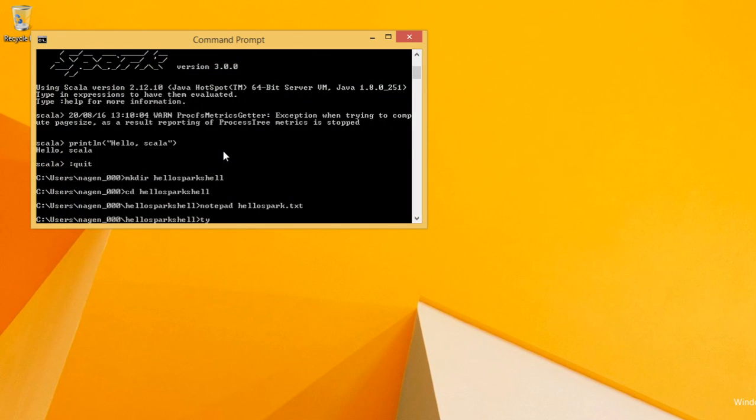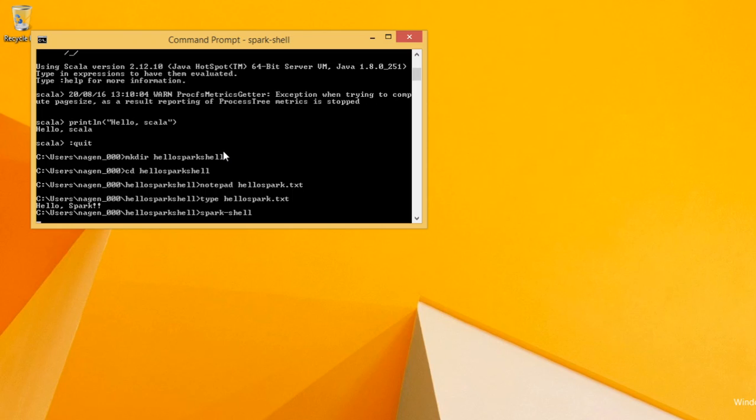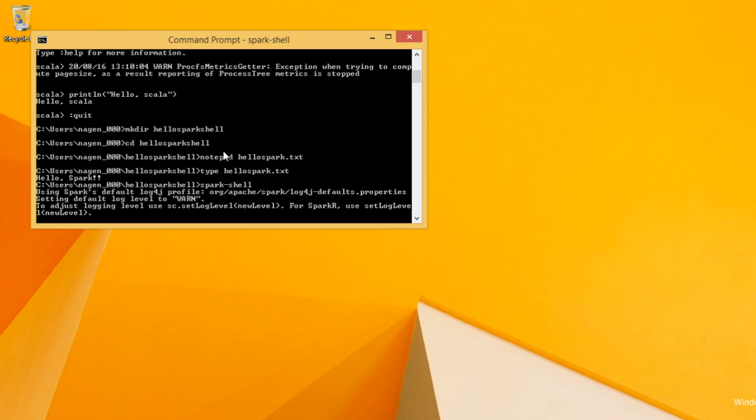Now let me see if it was saved. Type hello spark.txt. Yes, it is saved. And let me open Spark Shell once again to see the text file we have created.